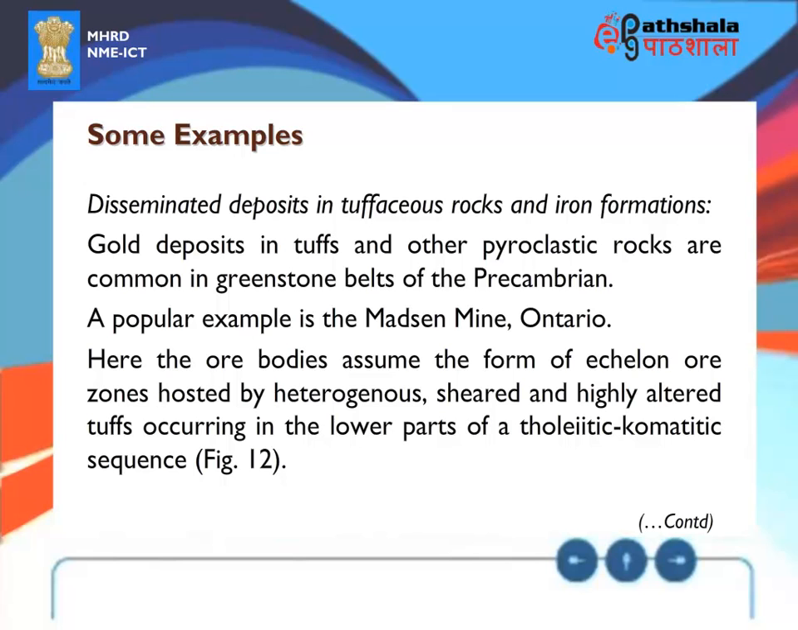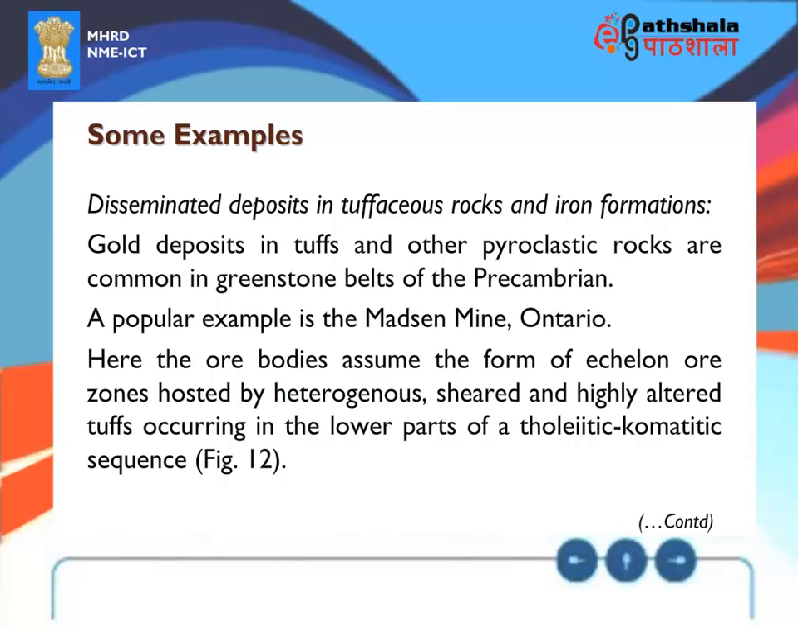Disseminated deposits in tuffaceous rocks and iron formations. Gold deposits in tuffs and other pyroclastic rocks are common in greenstone belts of the Precambrian. A popular example is the Madsen Mine, Ontario. Here, the ore bodies assume the form of echelon ore zones hosted by heterogeneous, sheared and highly altered tuffs